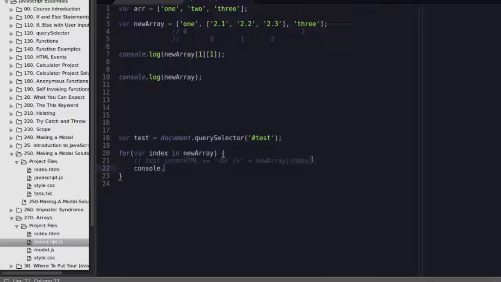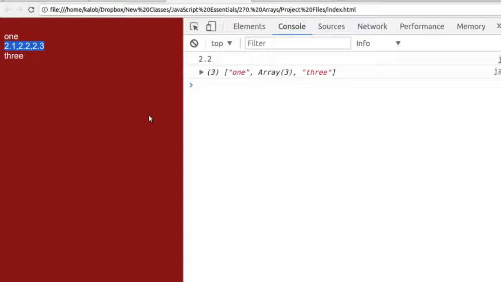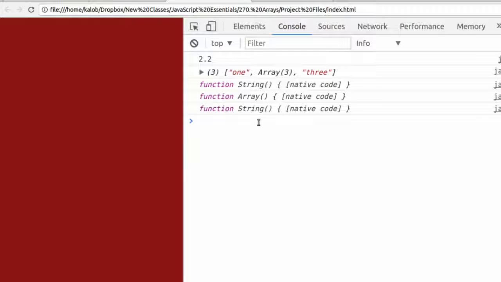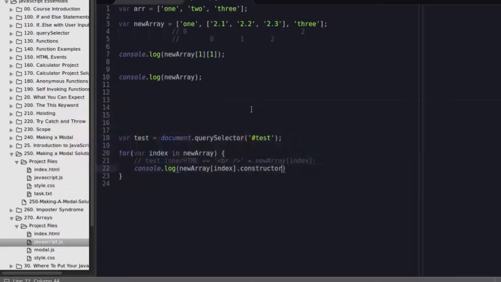What we can do is console log new array index constructor. Save that, go back to our page, and wow, look at that. We have string, array, and a string. So what happens